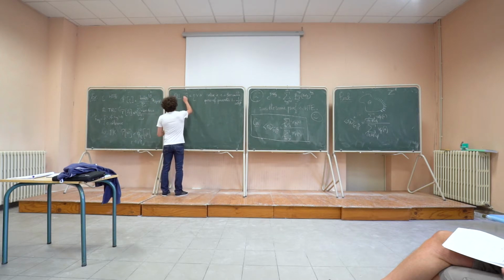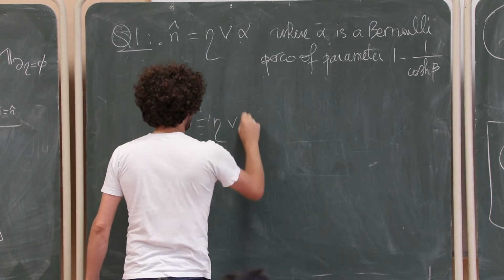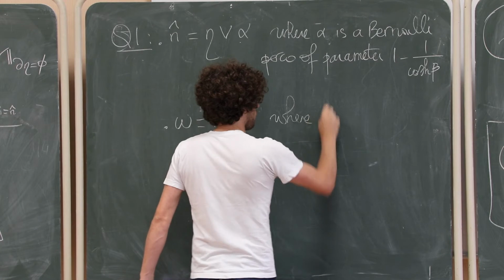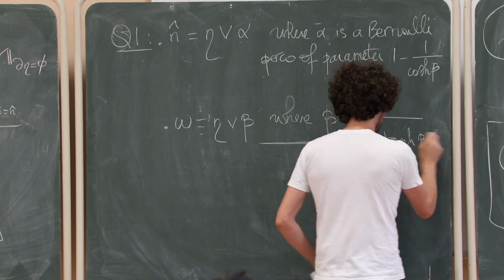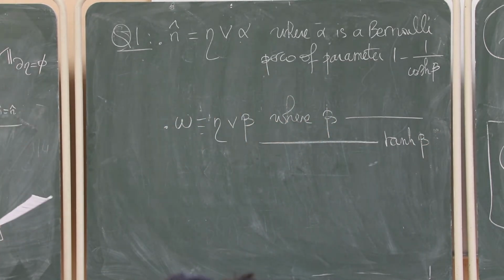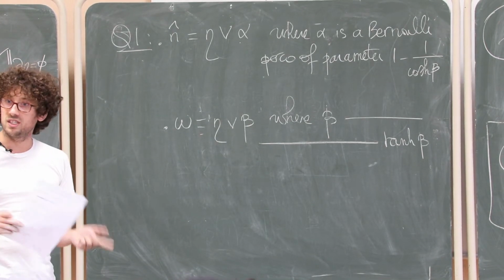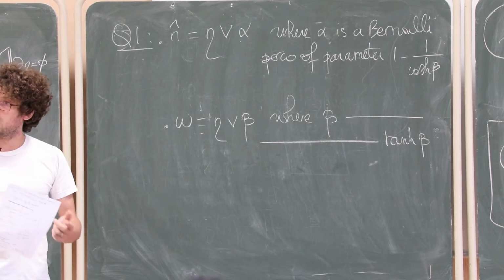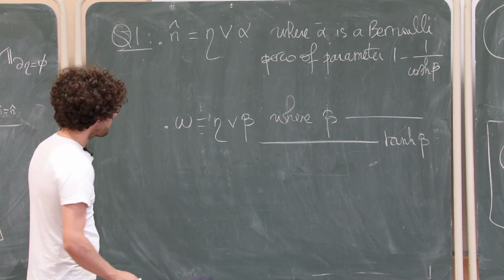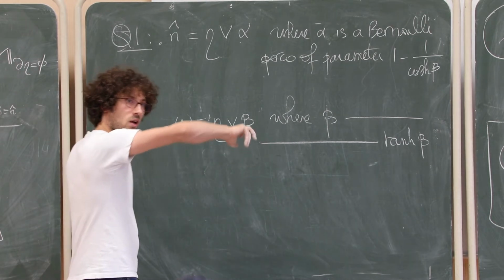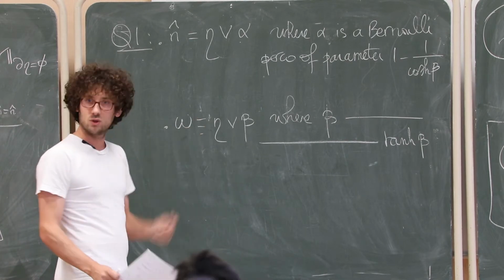That's the first step. Second step is try to check that omega is equal to eta supremum beta, where beta is the Bernoulli percolation of parameter hyperbolic tangent of beta. And this is going to be a little bit harder, but it's a little bit like what we did with the Edwards-Sokal coupling. So you are going to try to couple eta and omega.